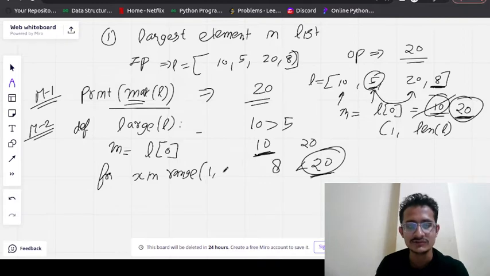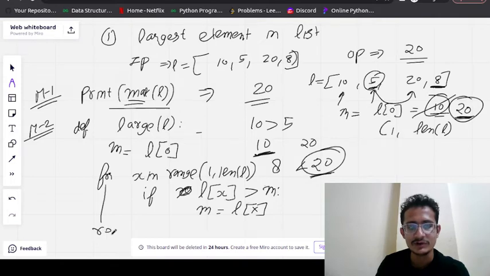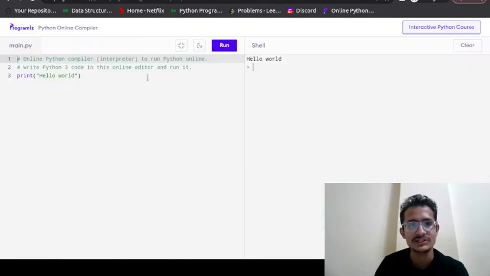We need to traverse from 1 to the last element, so length of L. If the element L of X is greater than our element M, we will update M as L of X. And once this ends, we will return M. Okay, so this is the logic.